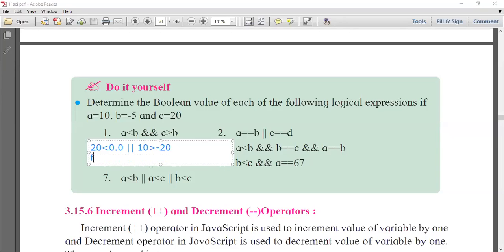No, it's false, right? Or 10 greater than minus 20, yes, true. Here or means plus, and true means one. So here we'll get 1, that is true. So what is the answer? Answer is true. Understood, Devesh? Okay, now go for the next one.